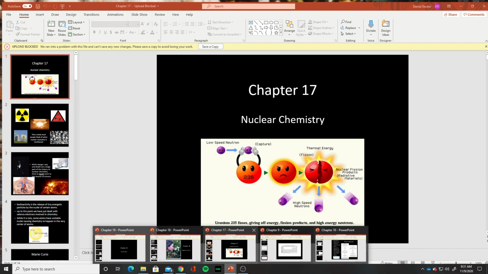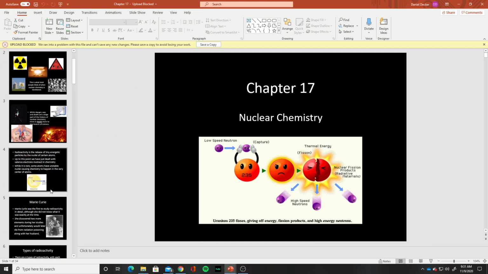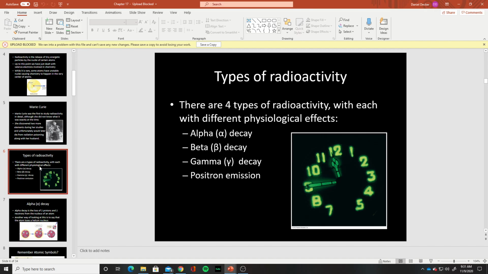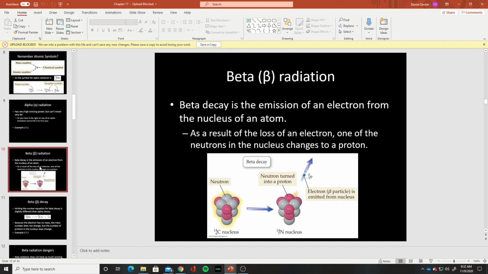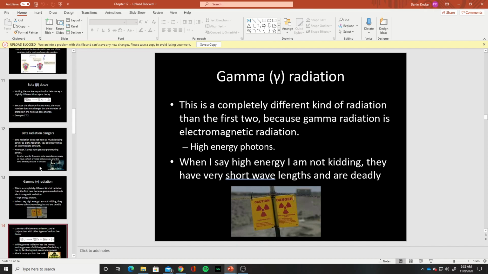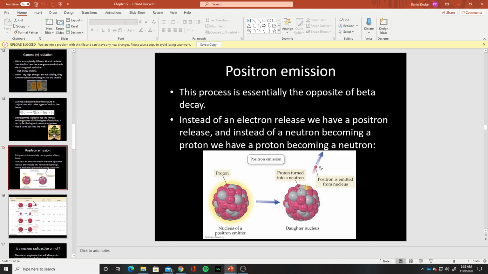All right, so that is chapter 10. So let's talk about nuclear real quick. So in the nuclear chapter, stuff here at the beginning is just kind of an introduction. But here at this point, when we talk about the different types of radioactive decay, I do expect you to understand what's happening in each of these different kinds of radioactive decay. So that would be alpha decay, beta decay, gamma radiation or gamma decay, and then positron emission. So I do expect you to be able to identify when each of these things are happening,